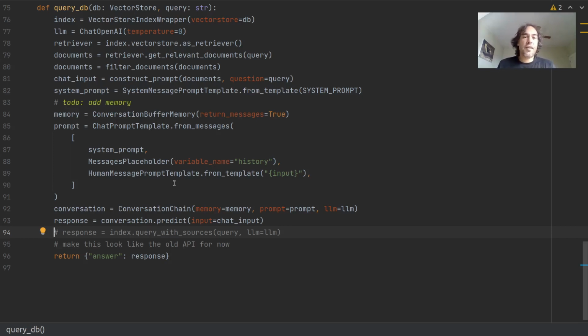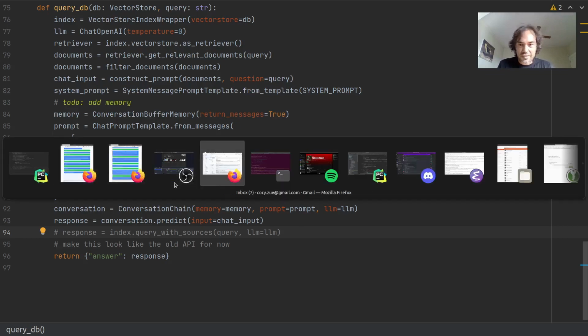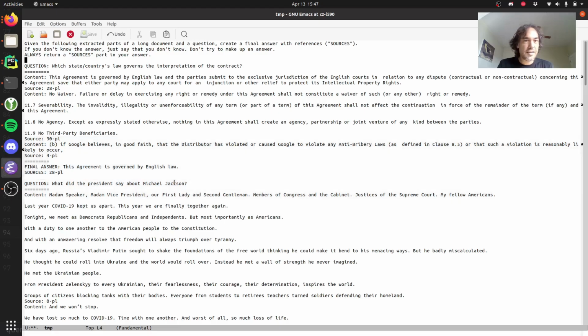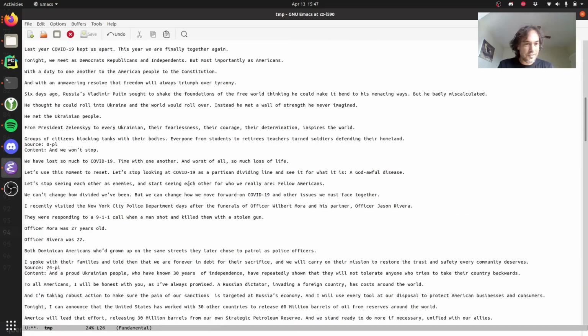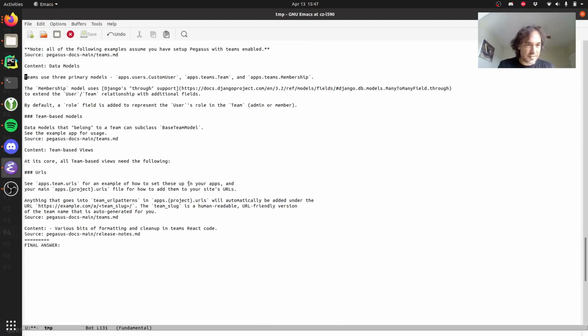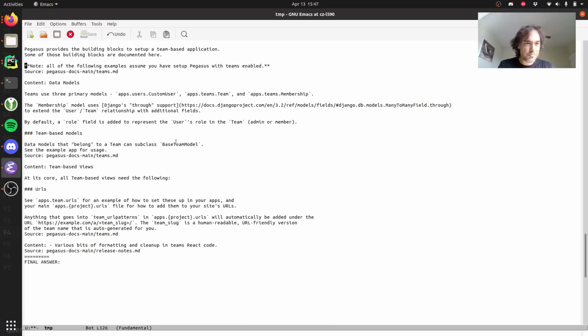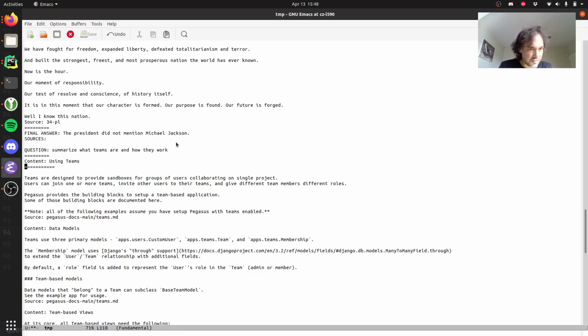But what it does is it creates these, let's see if I still have one open. Like it creates these long prompts where it gives it some instructions. It gives it some examples. So in the old version of the chatbot, I could sometimes get it to talk about Michael Jackson just because this Michael Jackson thing here was provided as part of the prompt. And then down at the bottom, and I had to just kind of go edit the LangChain code to figure this out. It's probably an easier way.